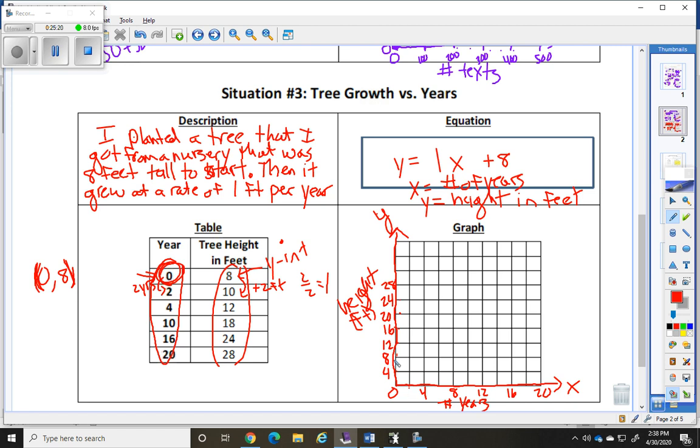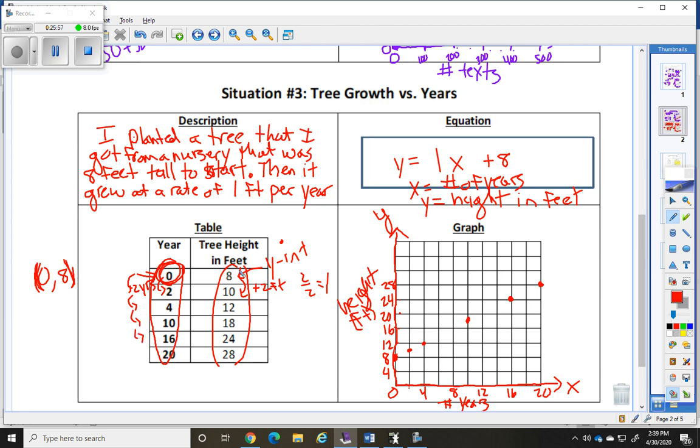So first I'm going to plot 0, 8, 2, 10. So it's in between, but that's all right. 4, 12. 10, 18, 16, 24, and 28. So notice this pattern did have a break in it, but the rate of change stayed